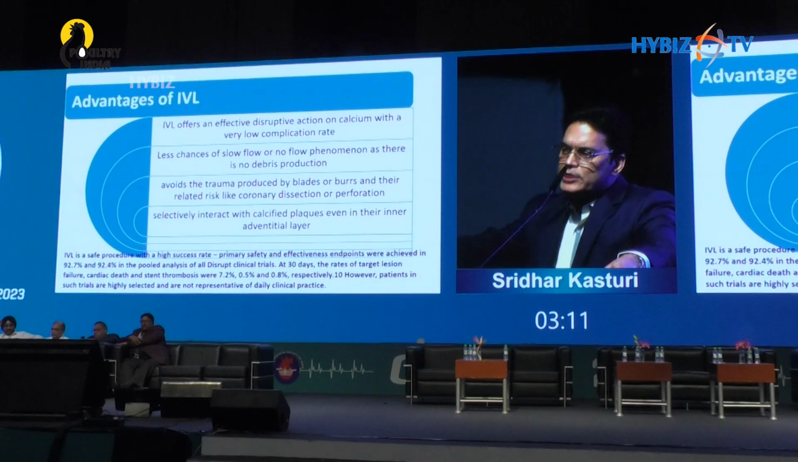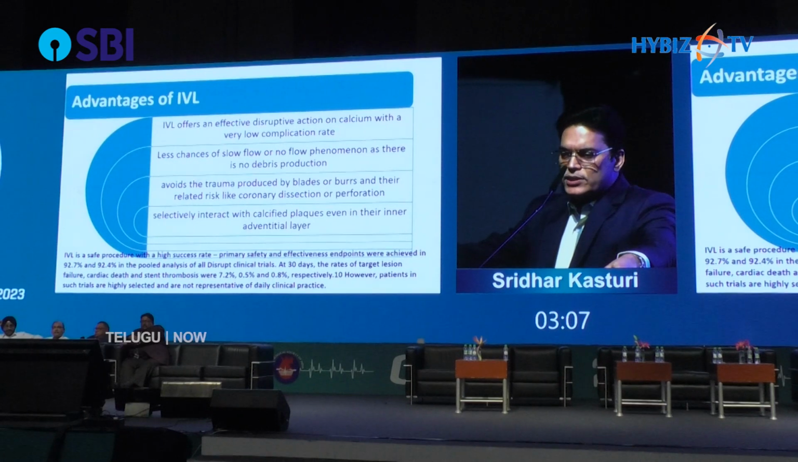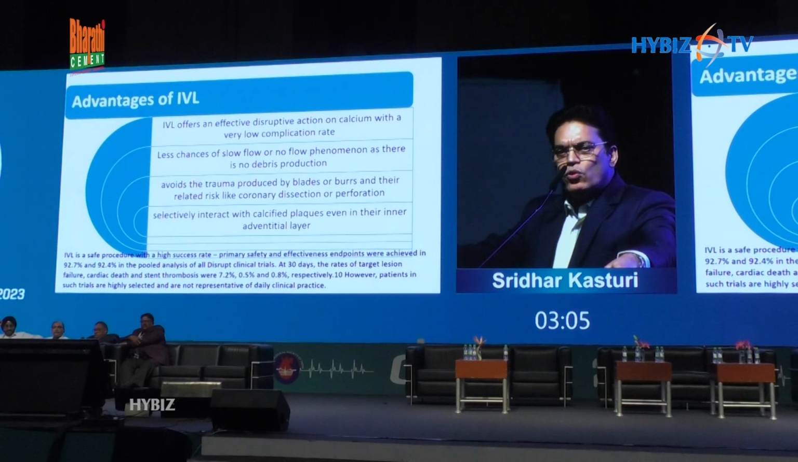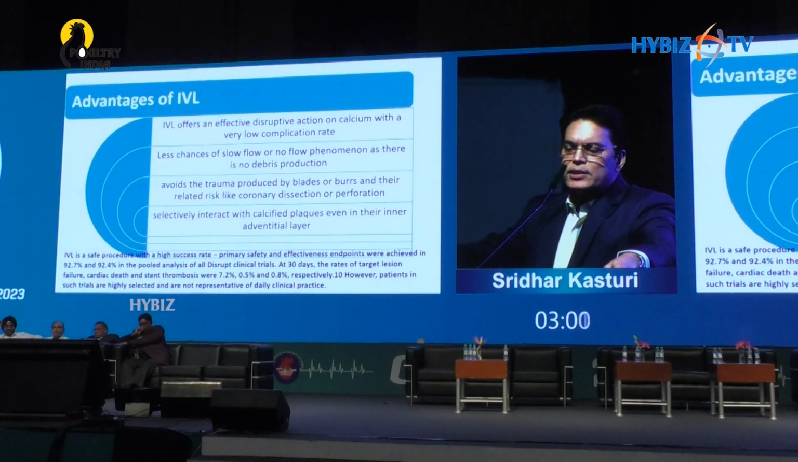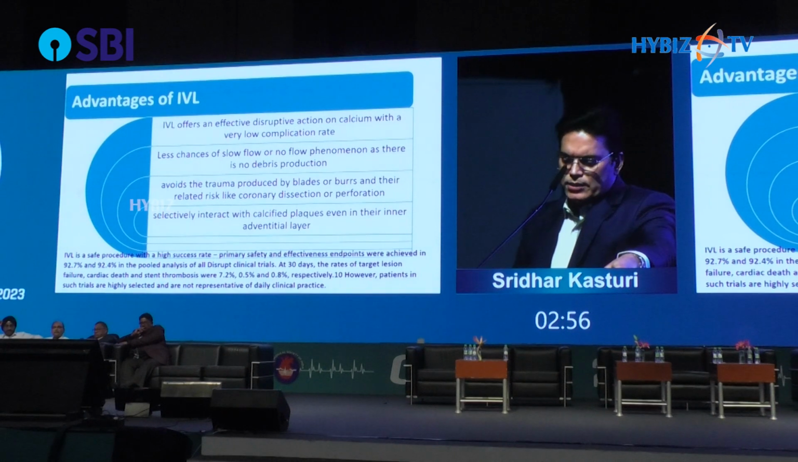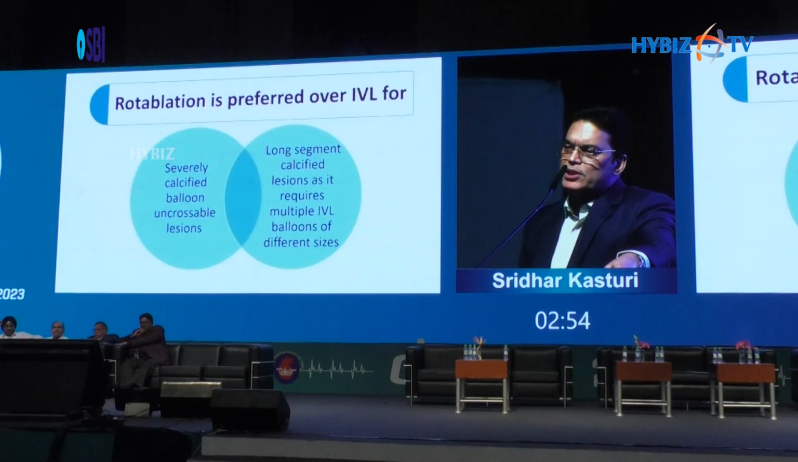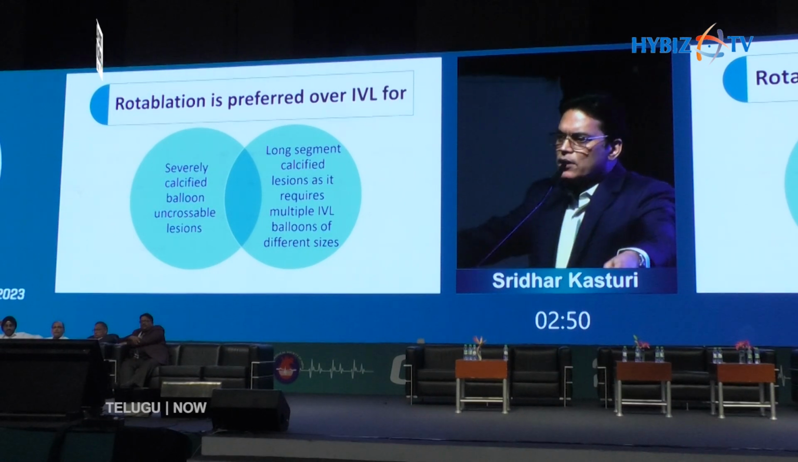Advantage, no need to lose the side branch wire. You can keep the side branch wire when you are doing the bifurcation stenting. These are the advantages. Slow flow, no flow is very low. Dissection is very low. The complication rate is very low compared to rota and orbital atherectomy. So that's the reason this is preferred when the patient is having ACS with advanced age, calcium nodules, thrombotic burden,